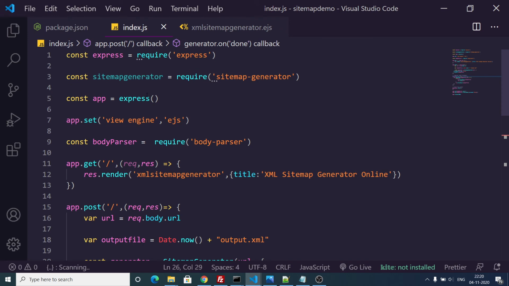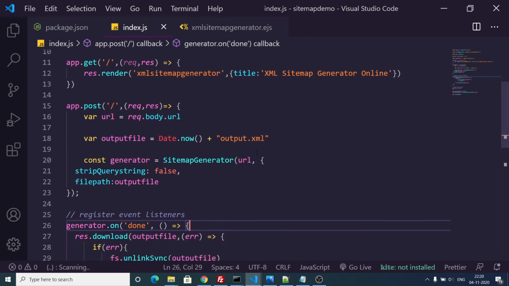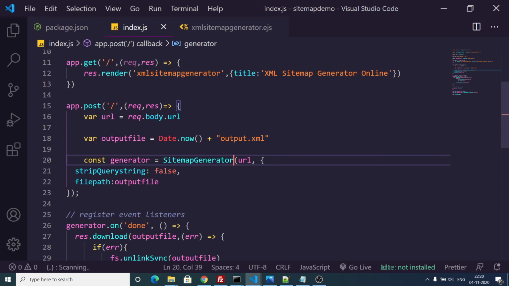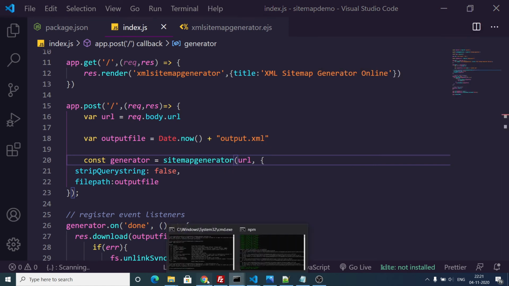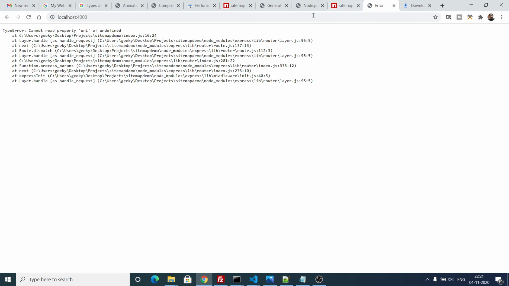You can see sitemap generator we have written like this, and we need to replace it here with sitemapGenerator, where S is small and G is small also. This was a mistake. So now guys, we once again need to refresh the application.